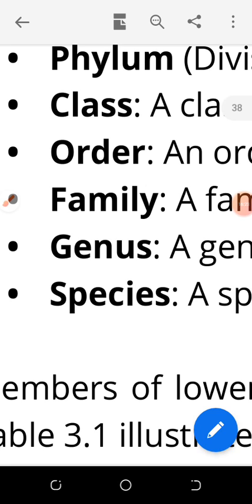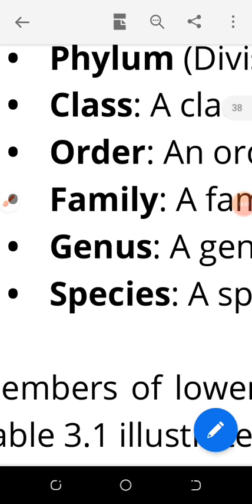Now the question is, which two taxons are important? I already told you, genus and species. Why are genus and species important? You are recalling, yes, I told you I am going to repeat each piece of information in the future as well, even in the next chapter, as I was repeating in the classroom. Species and genus are an integral part of the classification. I am finishing today's lecture with the key point. What is the key point of today's session? Species and genus are integral parts of the classification.